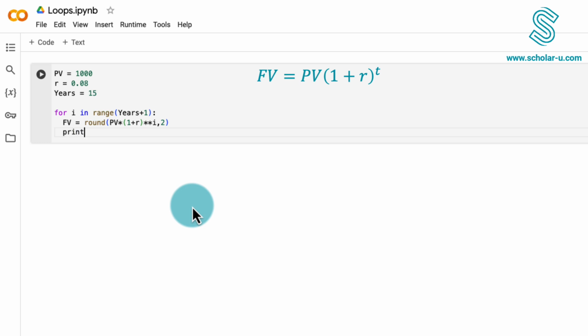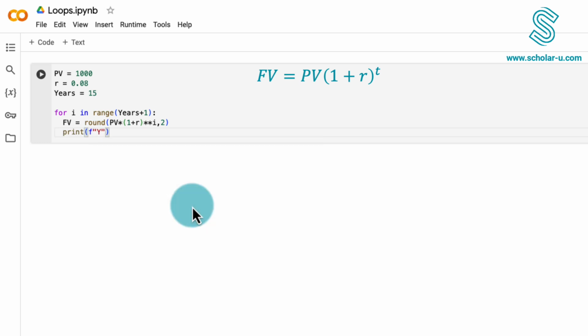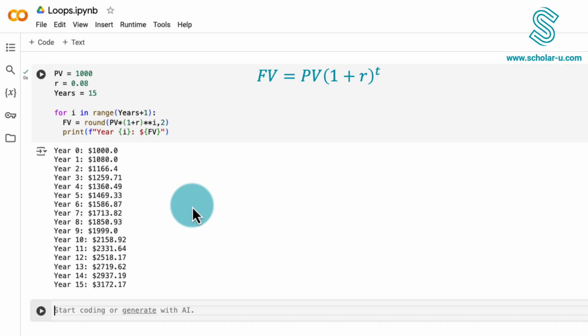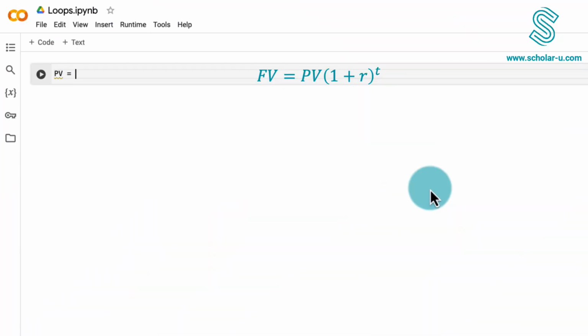Finally, let's add a print statement. We're going to use the F string, and we're going to print out the year of i, and we're going to print out also what the future value is for that year. We encapsulate this in the curly brackets. Let's run this code, and we can see we have all the calculations from year 0 all the way up to year 15. We can also solve the question of how many years it's going to take to double the